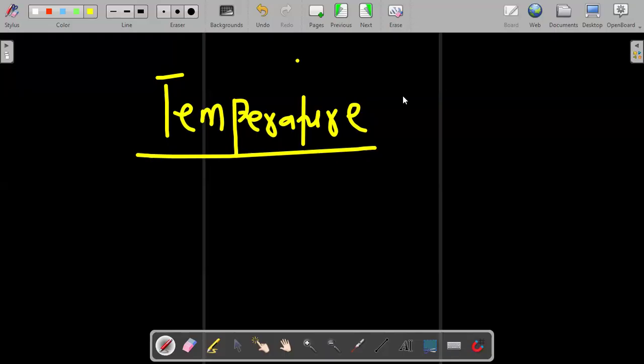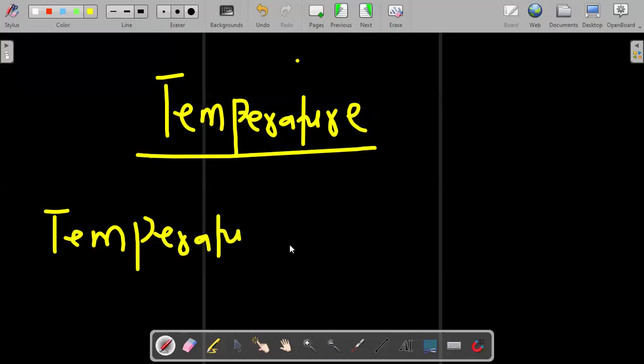So that is the primary definition of temperature. But when you come to advanced level, temperature has a different definition. Temperature is also defined